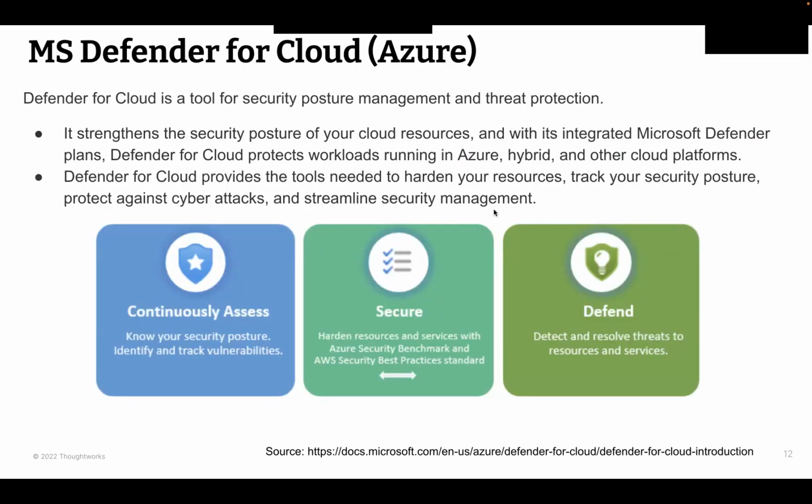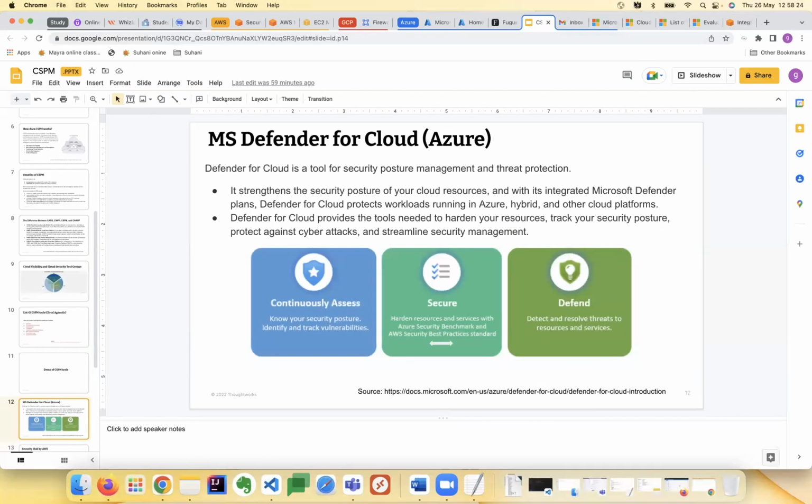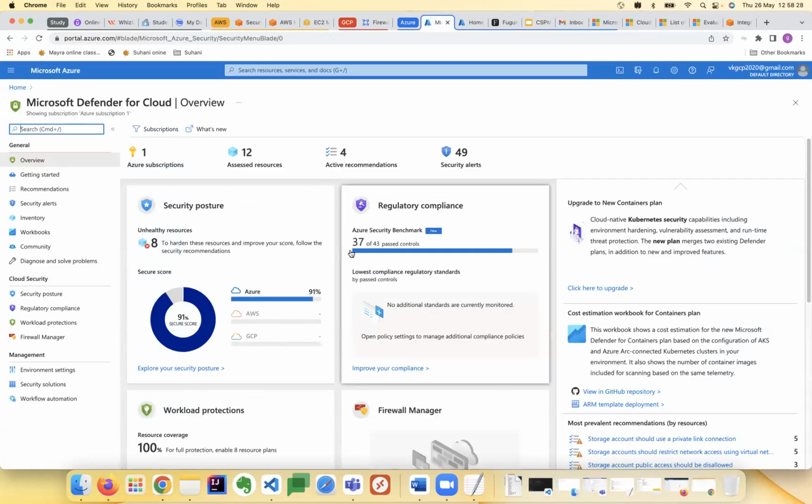So I will have to minimize the screen, and then I have to take you to the Azure portal here. So this is MS Defender for Cloud. Most of the CSPM tools in a cloud provider are not enabled by default, and they do incur some charges, and for the first 15 or 30 days, it's on a trial version. But as you grow further, it's always recommended to have these tools in place for your security posture